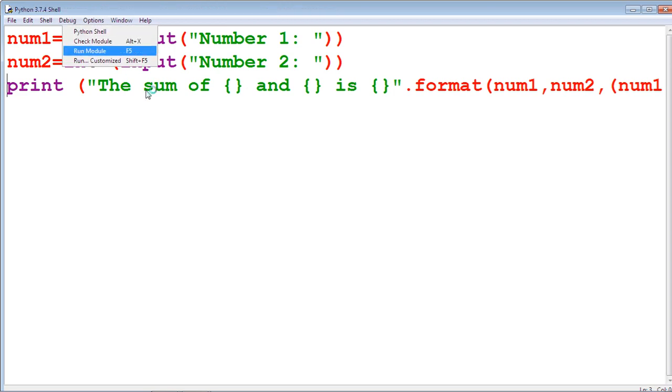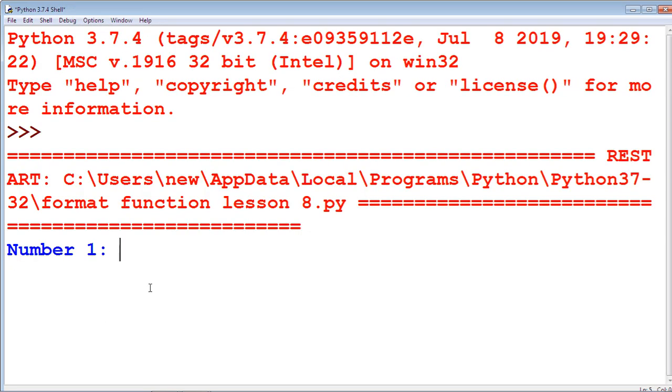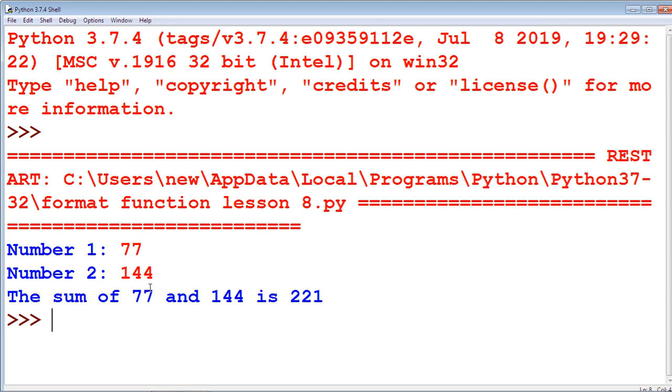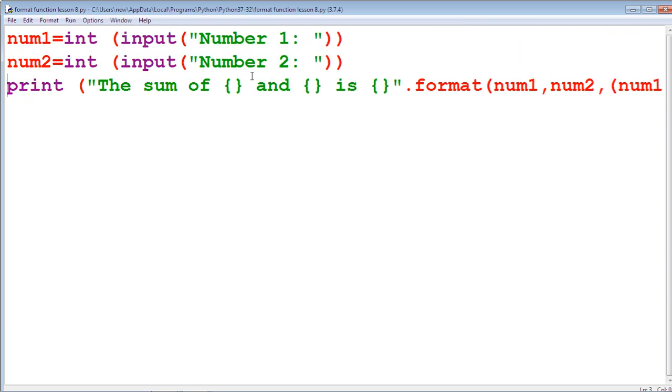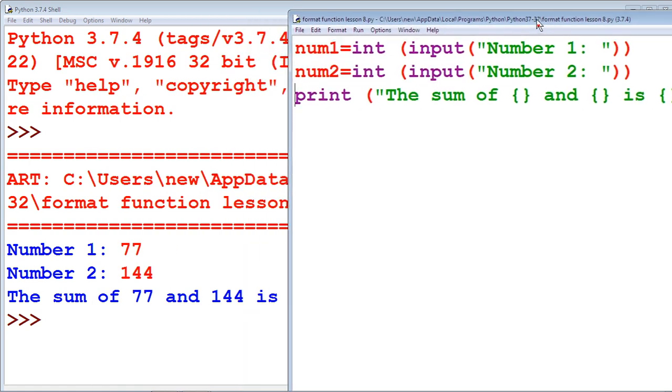Now run this program. For number 1, we are giving the value 77. For number 2, we are giving the value 144. Now we get the summation. In the formatting string, the first curly braces gives 77, the second curly braces gives 144, and the third curly braces gives 221.